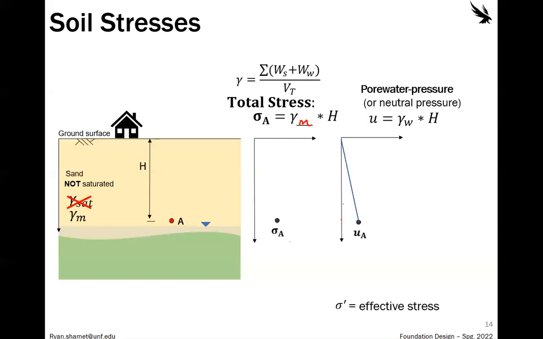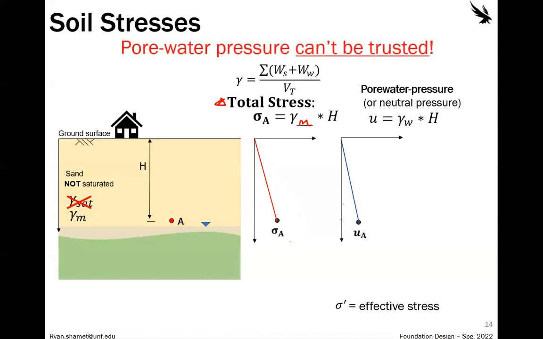So our total stress is going to be lower since we're removing that water. If we were designing on that total stress, we would have issues, because now this soil does not have the strength that we thought it did. Remember, generally as stress increases, the soil strength will increase. So instead of using total stress, since the pore water pressure cannot be trusted because it can change, the H specifically, the height of the water, can change,